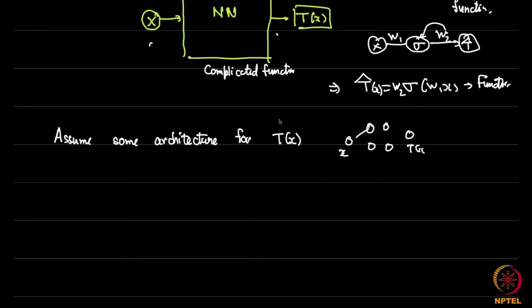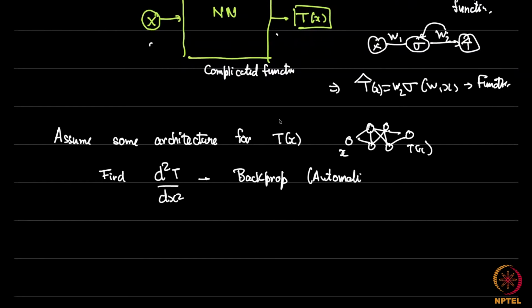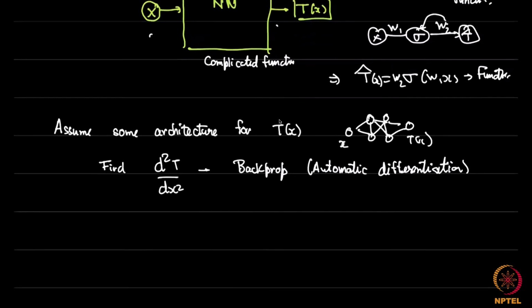X, T of x, etc. Okay, here there shouldn't be any layers, but anyway. So then find d square T dx square. How do I find d square T dx square? This can be done through backprop, or what is known as automatic differentiation, which we saw in the last week. So for a given T of x, you can find out what d square T dx square is, and then solve